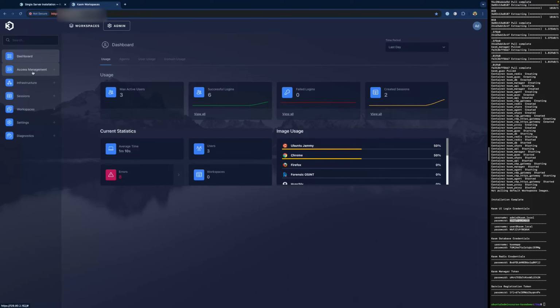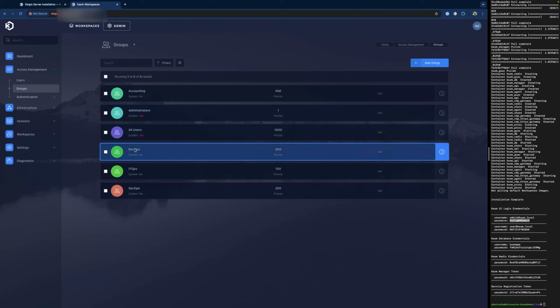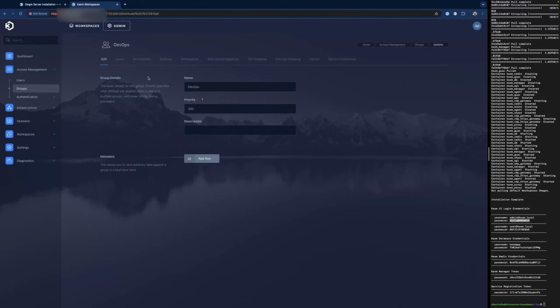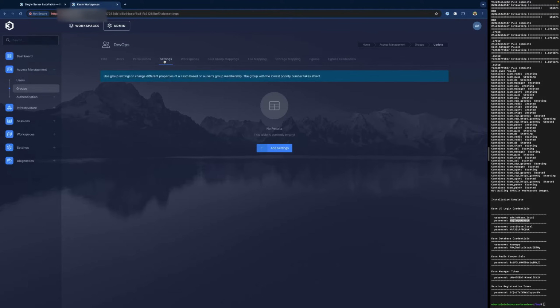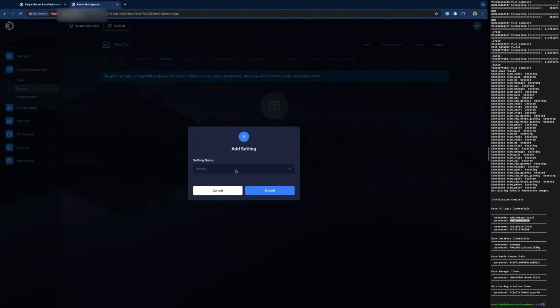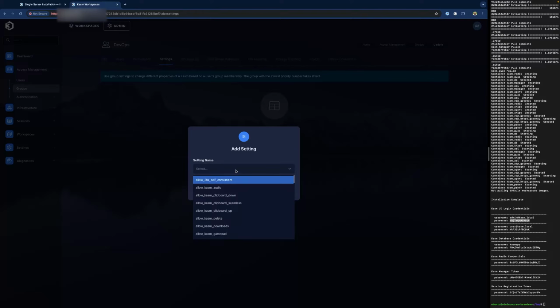So let's go ahead and configure additional settings we want to implement for our other groups, and we'll start with DevOps next. So we're going to edit DevOps, and we're going to go to settings, and we're going to add. So we talked about by default our idle disconnect was only 20 minutes.